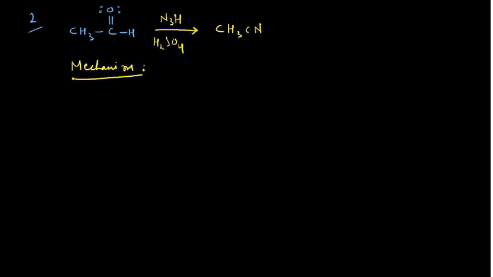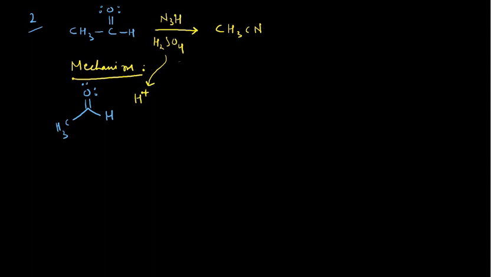For the mechanism, you can follow this. Right. This was your aldehyde. So I can write CH3 also, and 2 lone pairs on the oxygen atom. And since you have used the hydrazoic acid, that means H positive is there, definitely this H positive is coming from this hydrazoic acid, or it may come from anywhere, say acetic acid. In the previous case also, if you have used acetic acid, you may think that your H positive ion is coming from that H2SO4. Okay.